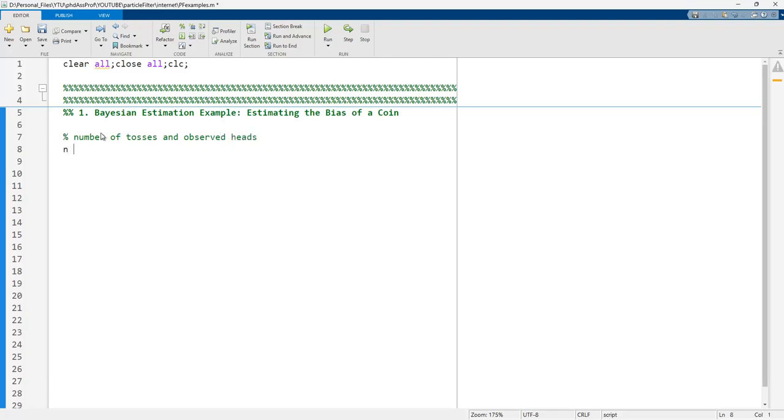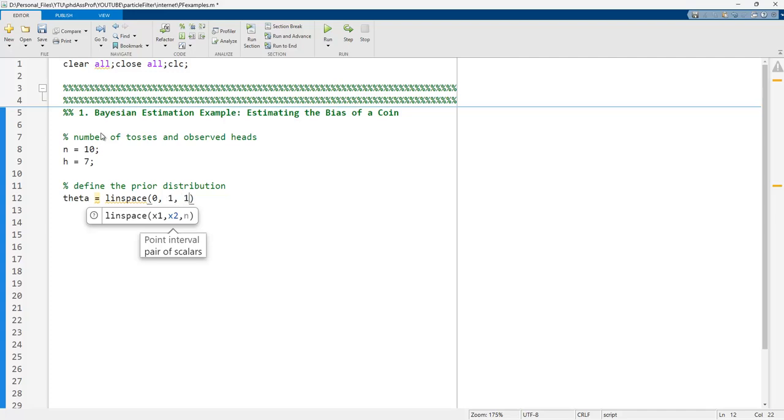heads: n equals 10, h equals 7. Okay, and also define the prior distribution. Uniform theta is equal to linspace(0, 1, 1000). Also the prior information must be set with ones of size theta. All the prior information is 1,